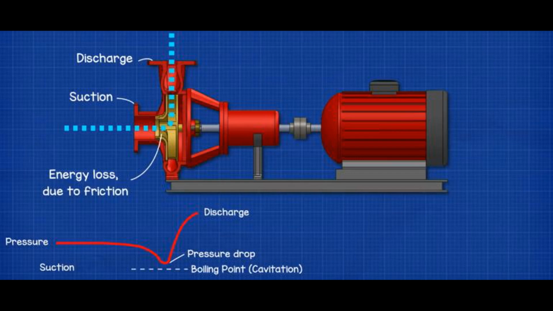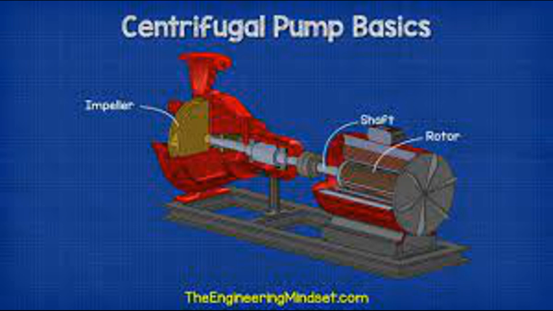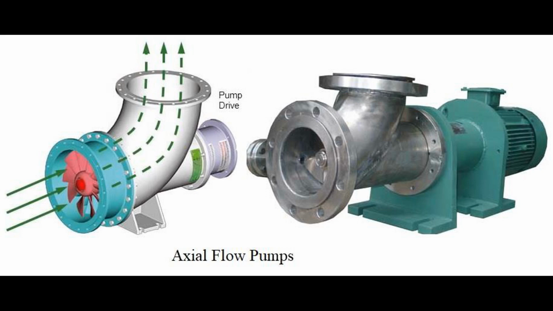Applications. Radial flow centrifugal pumps are suitable for applications where a moderate to high head pressure is required. They are commonly used in situations where the pump needs to lift water or move fluids against gravity. Advantages. These pumps are generally more efficient at higher head conditions compared to axial flow pumps. They are versatile and can handle a range of flow rates and pressures. Discharge. The fluid is discharged tangentially from the outer edge of the impeller into the volute or casing surrounding the